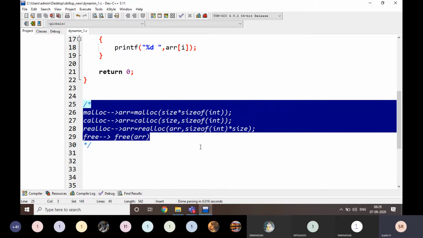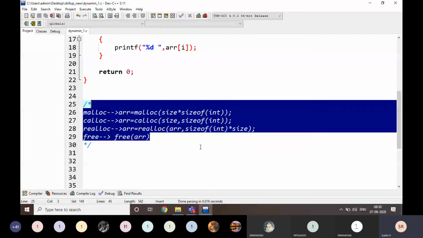Did you get it, everyone? Yes, the working is the same. 100% it is going to be same as arrays only. The concept is no different here. Purely it is the same, but allocating the memory is the difference. There it is a static one, here it is a dynamic one. That's it.